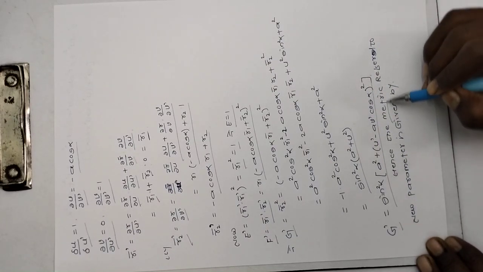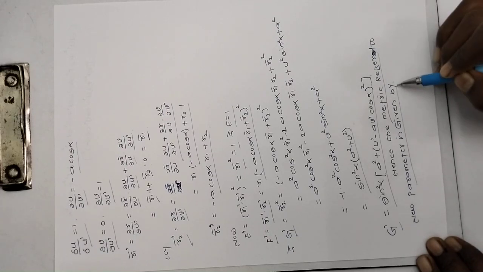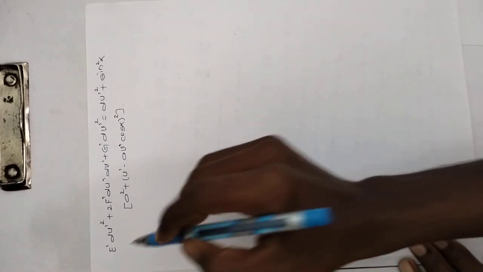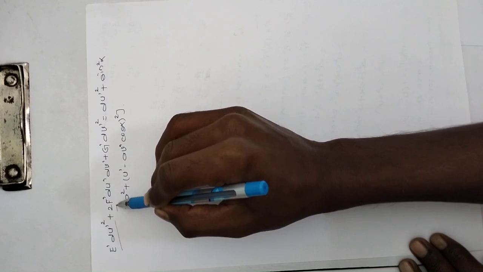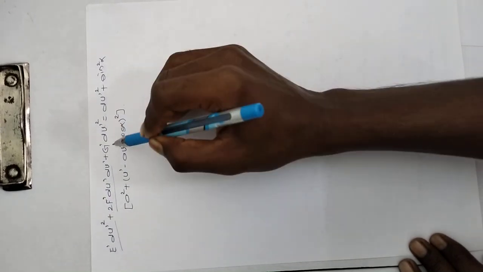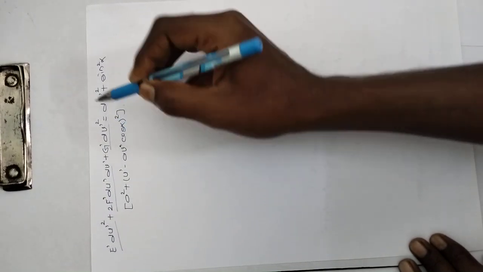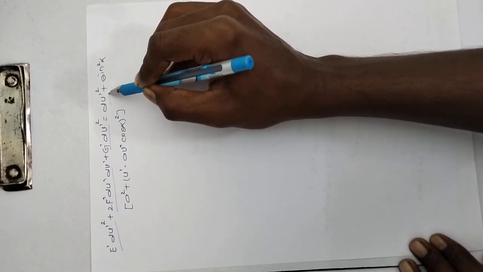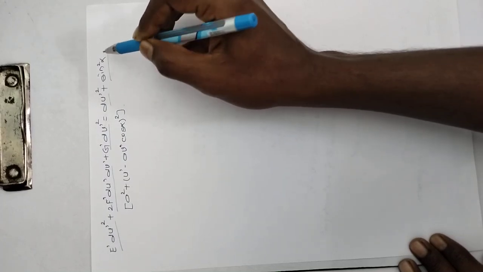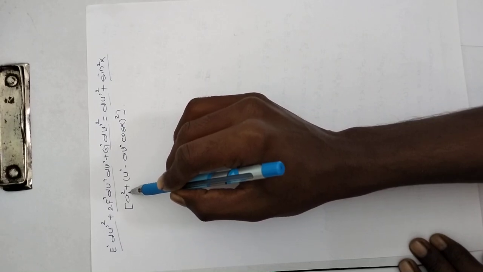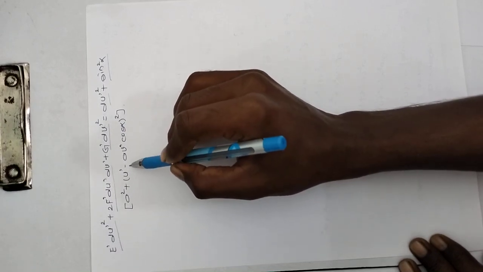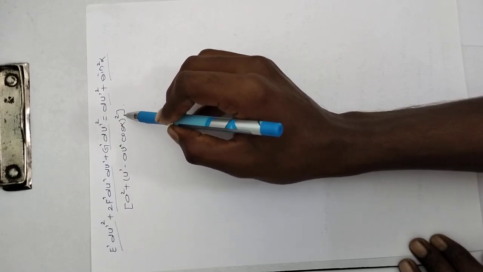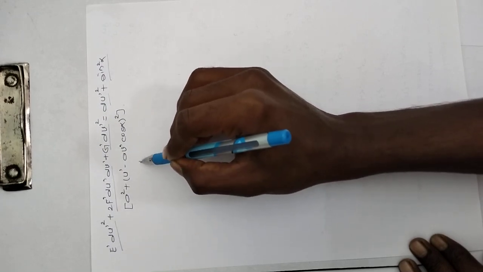Hence the metric referred to the new parameter is given by E dash dU dash square plus 2 F dash dU dash dV dash plus G dash dV dash square, which is equal to dU dash square plus sin square alpha in bracket A square plus U A square plus in bracket U dash minus A V dash cos alpha square. So hence the result.